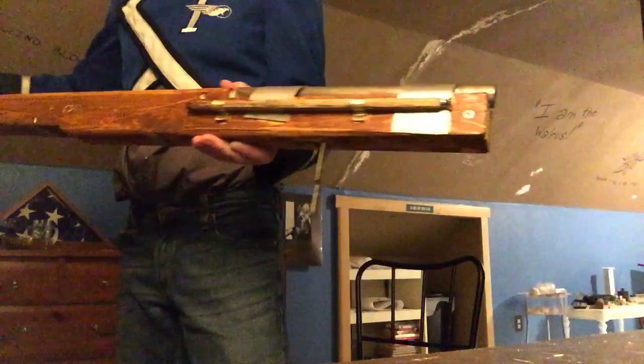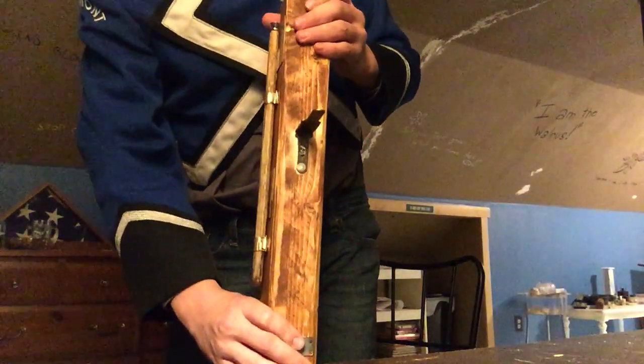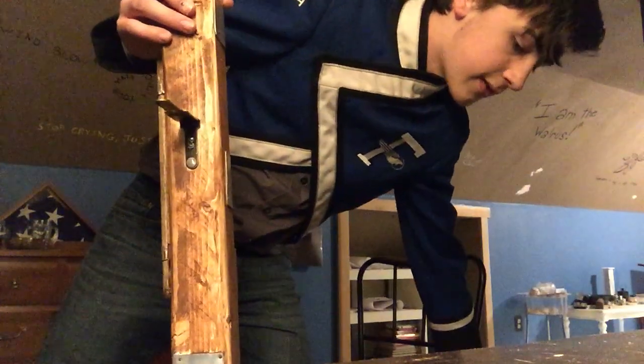This here is a medieval 14th century handgun, or hand cannon, whichever you want to call it. And as you can see, this is more of a late model of the handgun. And these early firearms were developed around the